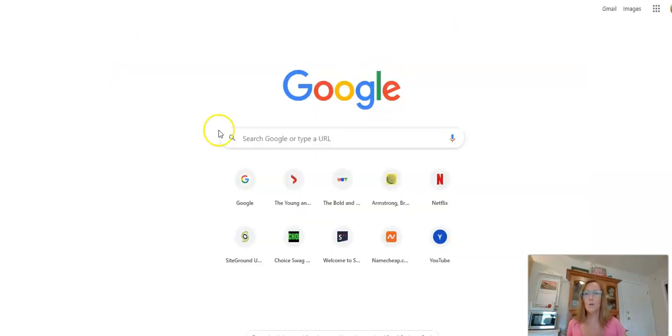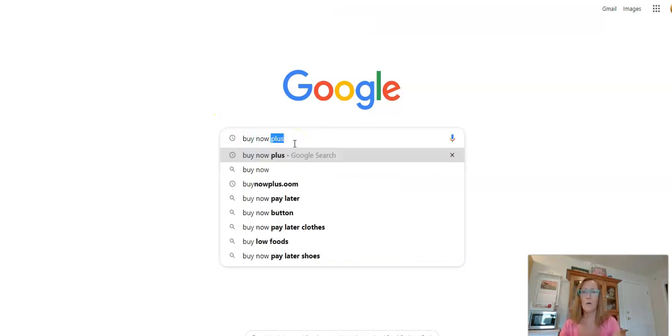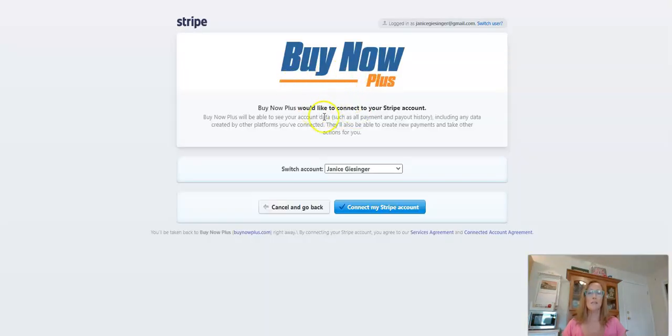Just go to google.com and search for Buy Now Plus and click on that. You can click down here on Start Selling, and it's going to ask you to connect your Stripe account from here. But that's not what I'm going to do. I'm actually going to go back